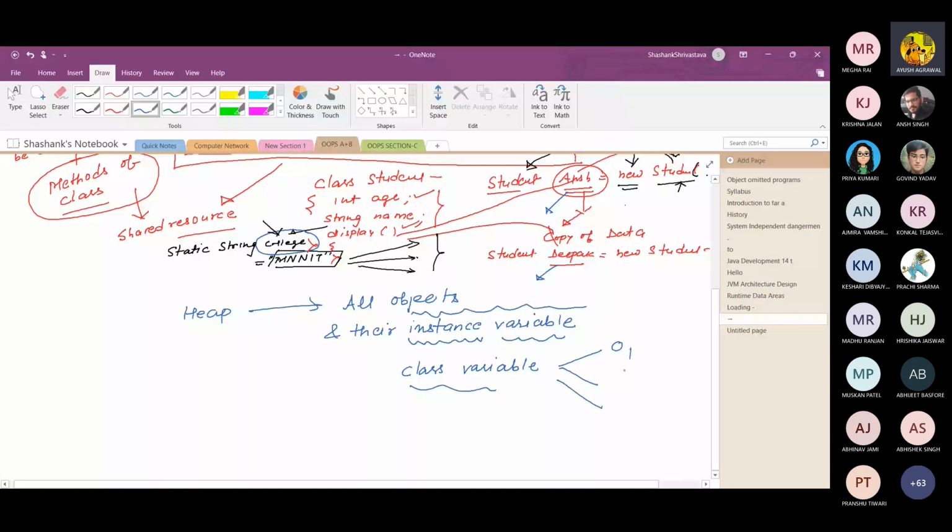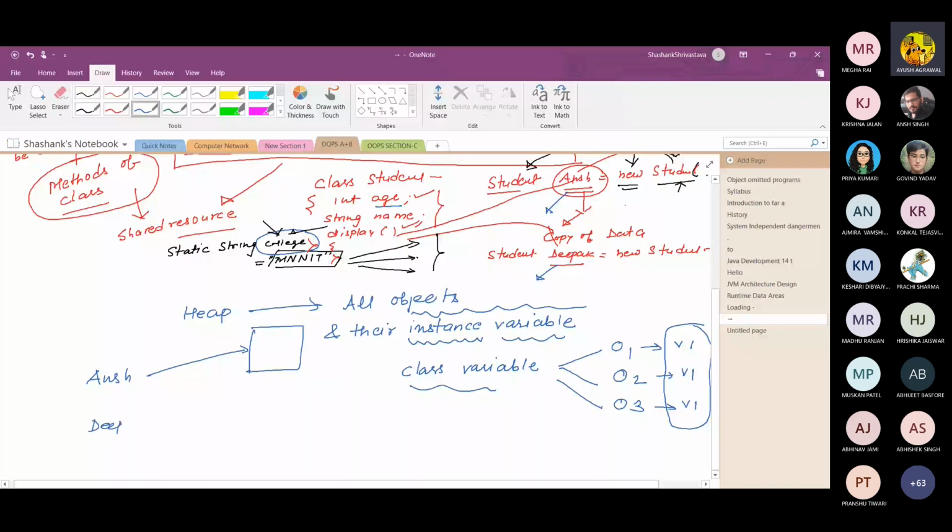But instance variable means when you create multiple objects like O1, O2, and O3, O1 has its own copy of the variable, O2 has its own copy, O3 has its own copy, and these variables are called instance variables. Suppose age is a variable. When you create the Ansh and Deepak reference variables, Ansh refers to a memory location in the heap area where the object is created, and Deepak is a reference variable which refers to a separate memory area in the heap.